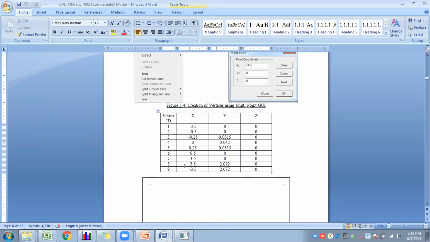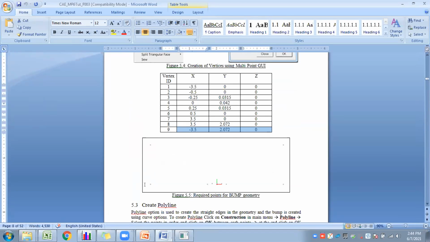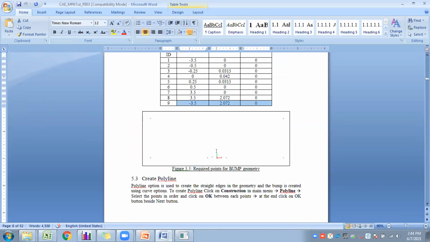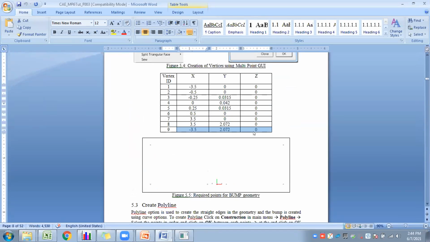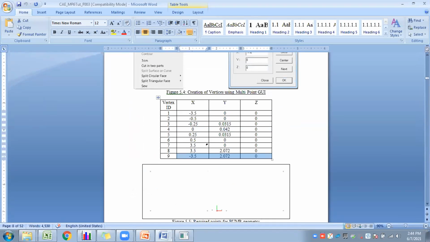Multiple points, and when you are entering the final point, what you have to do is give okay instead of giving next, because that's the final point. If you give next at the final point location and zoom in, you can see there will be two different points available there. So that's why you should not give next when you are assigning the final point. Instead you should give okay.